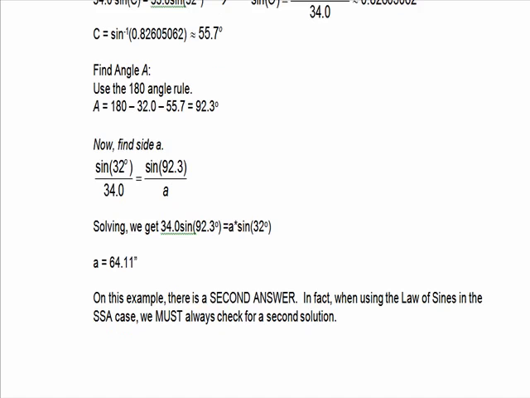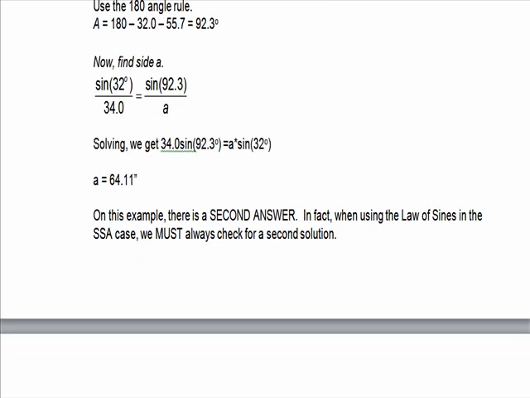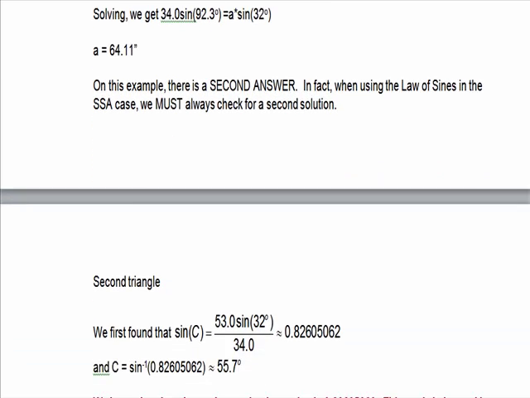Now, in this example, there's actually a second answer. In fact, when we use the law of sines in the side-side-angle case, we must always check for the second solution. So in other words, if I know two sides and an angle, and I'm using the law of sines, I want to check for a second solution. So if I do that,